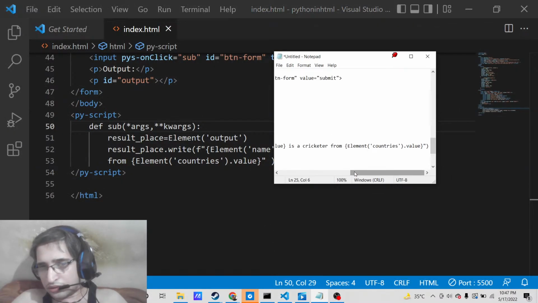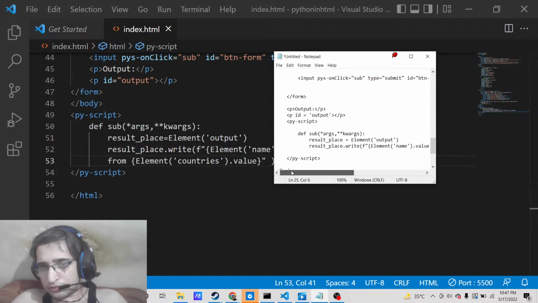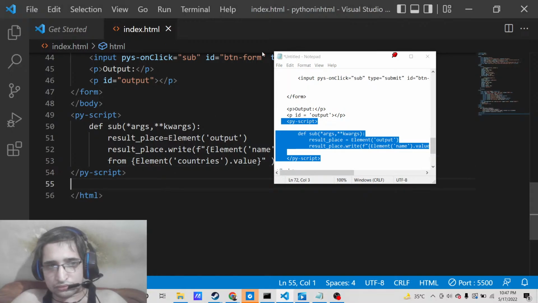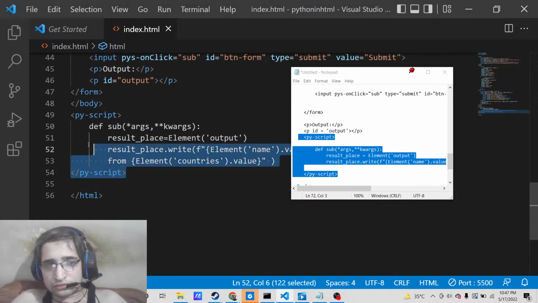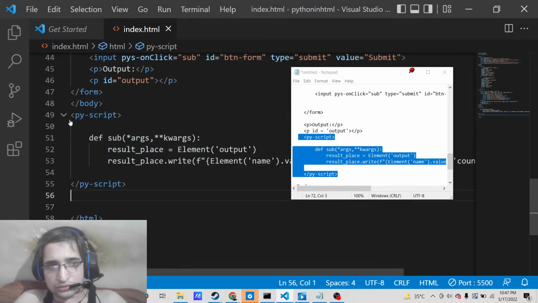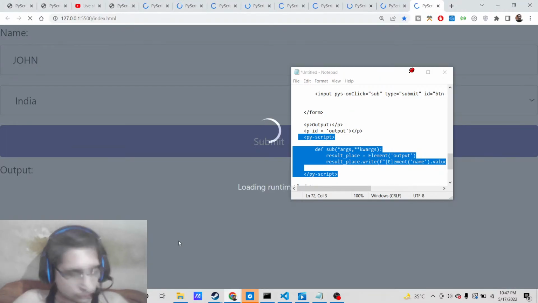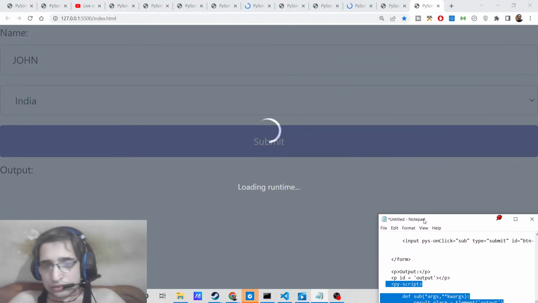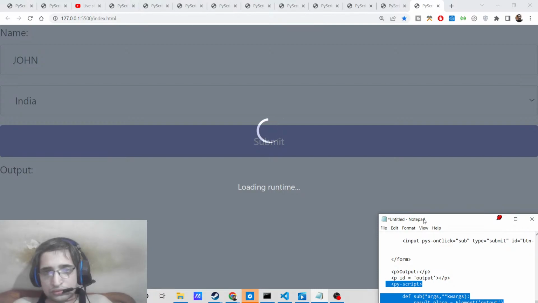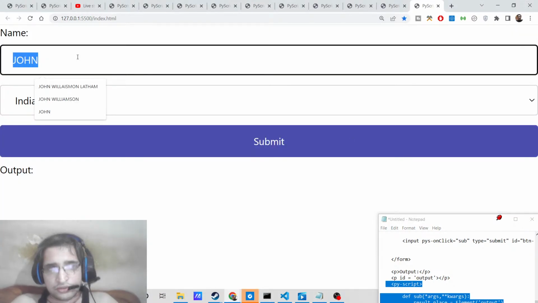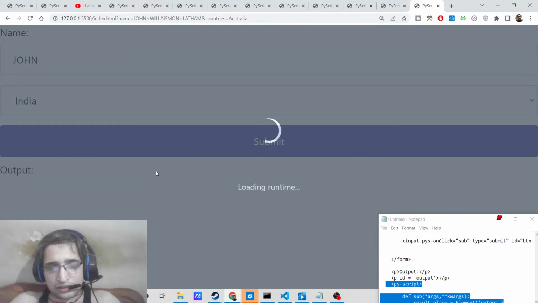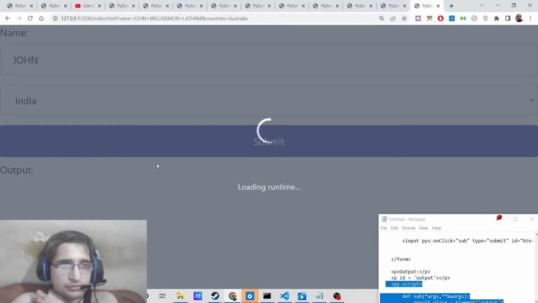Let me copy paste it here. So now guys, if you write something here, select the country, you will see that if you click the output tab,